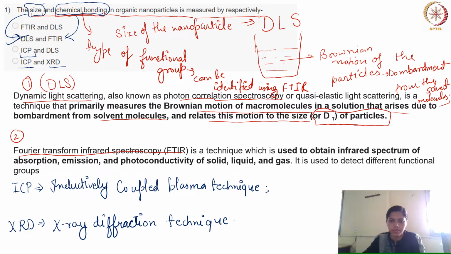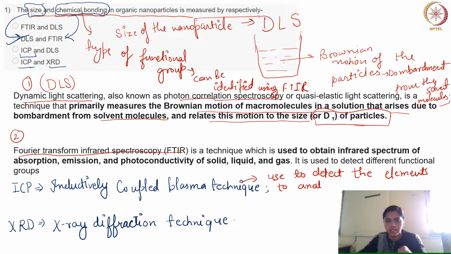So basically the ICP method is used to detect elements, to analyze the chemical sample,